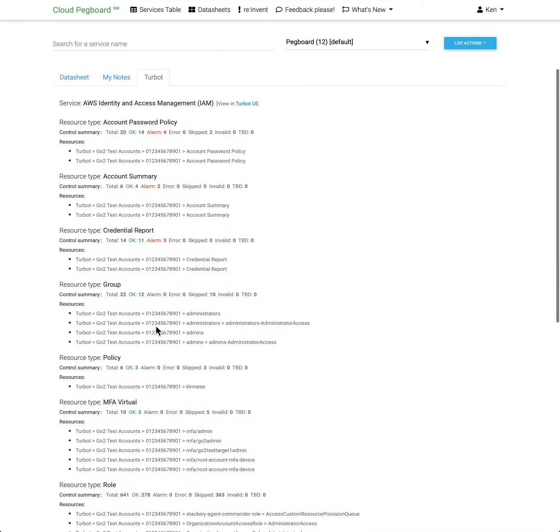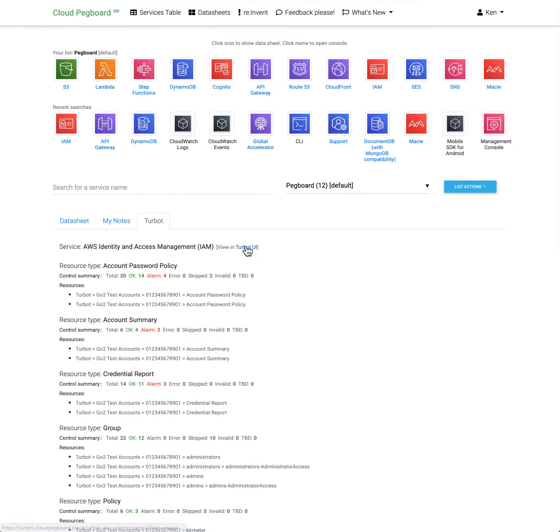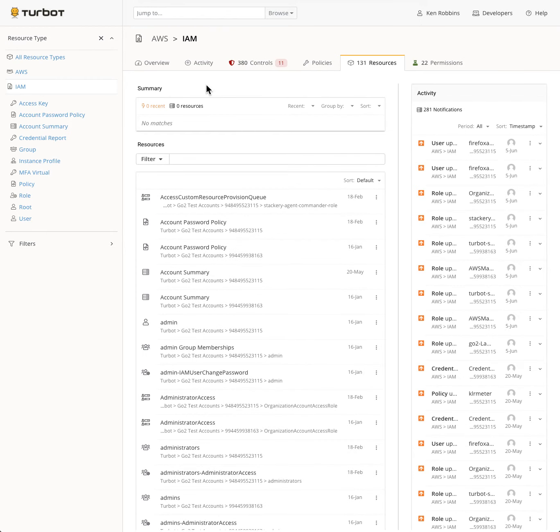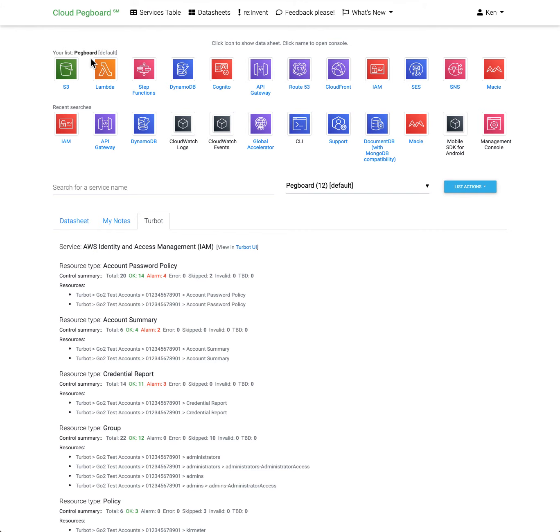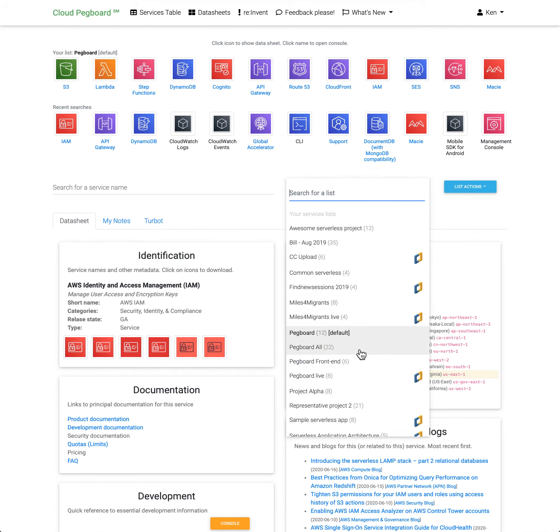And you can see here, some of these are actually in alarm, and so if I saw some of that, I might go and click through into Turbot console for IAM, and now I can start looking through and drilling down deeper. And come back to the datasheet view, and that's that. I can switch my list, which changes my preferences, so maybe I'll pick